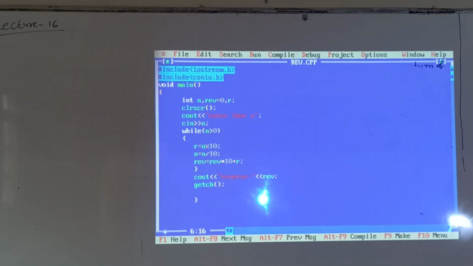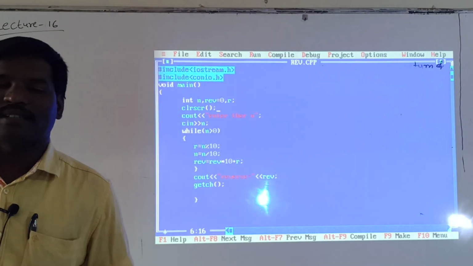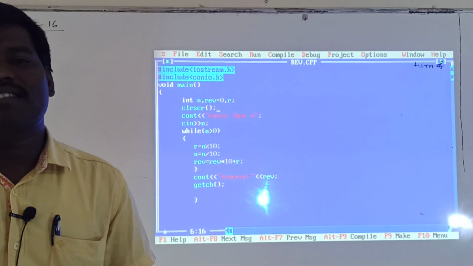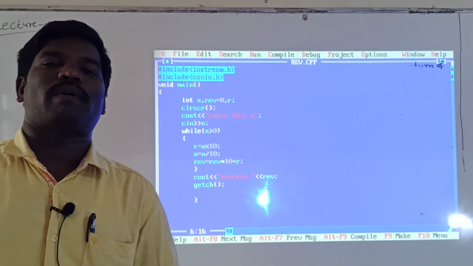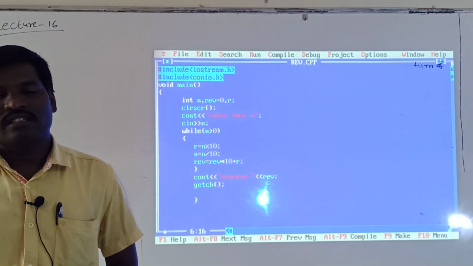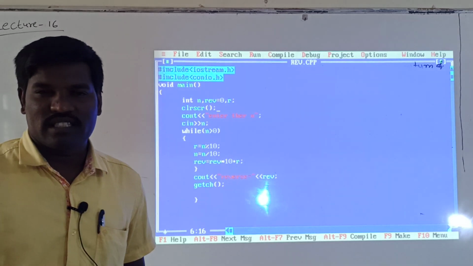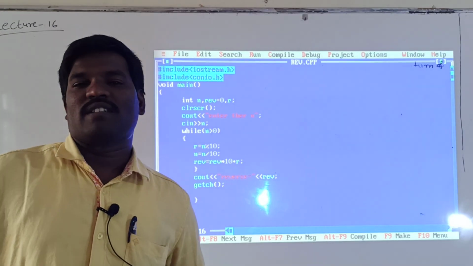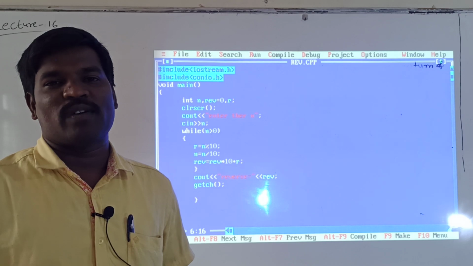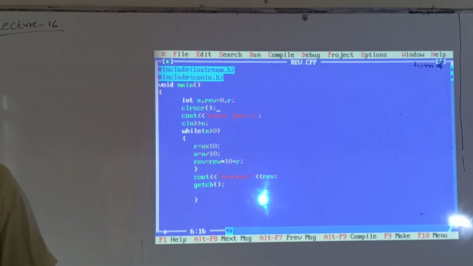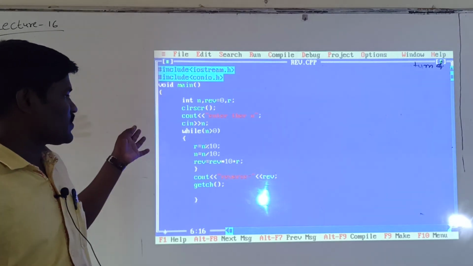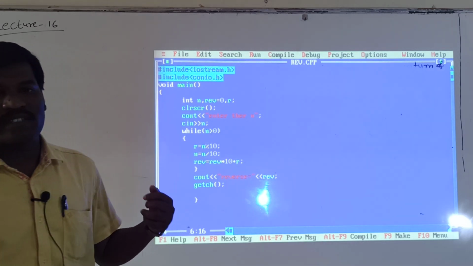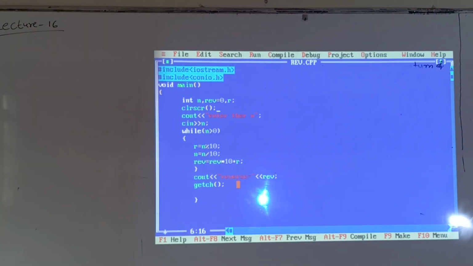Reverse of a number means if I give the input value as 123, its reverse is 321. Another concept is palindrome. Palindrome means a number which, when reversed, gives the same number again. For example, if the number 121 is reversed, it is again 121. That's why 121 is a palindrome number. If you want to execute the palindrome program, first we reverse the number. After reversing, there is no need to print the reverse here. Just check the condition here.